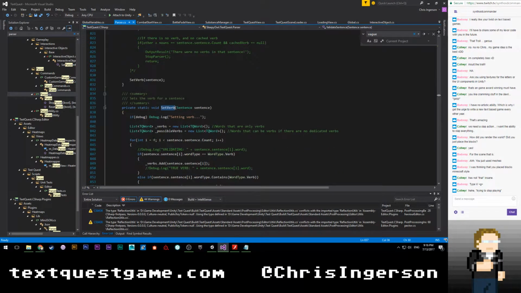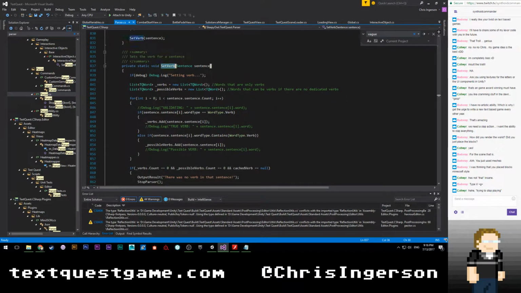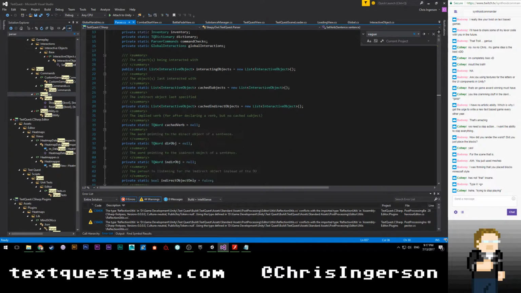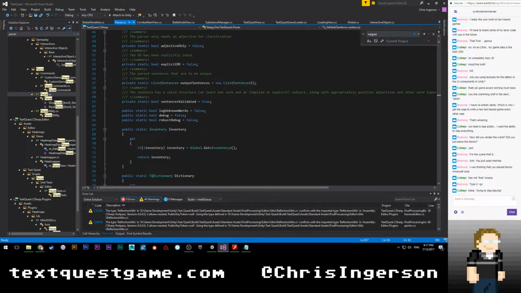Here we go, set verb. Go to definition, setting verb. Actually, you know what? I'm going to just go ahead and debug. Here we are. Set debug to be true, and then we'll try it out.